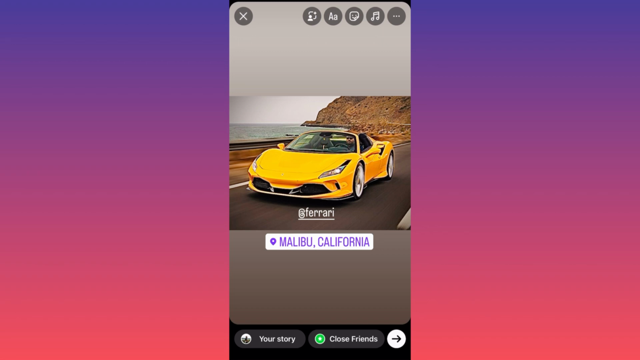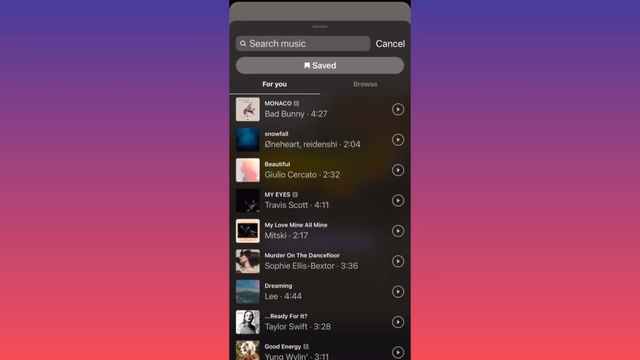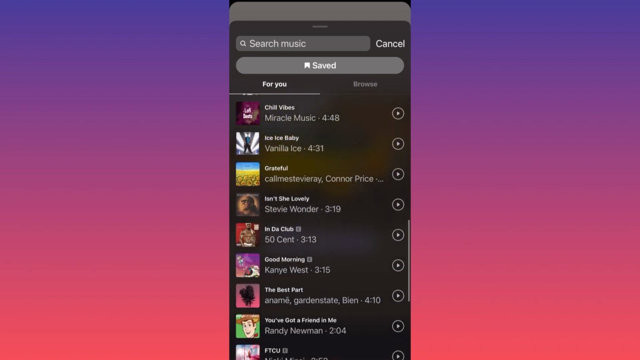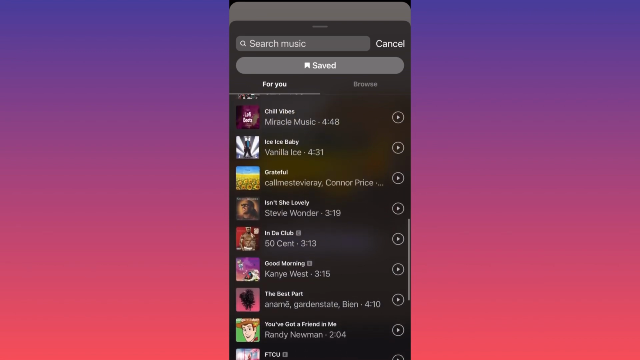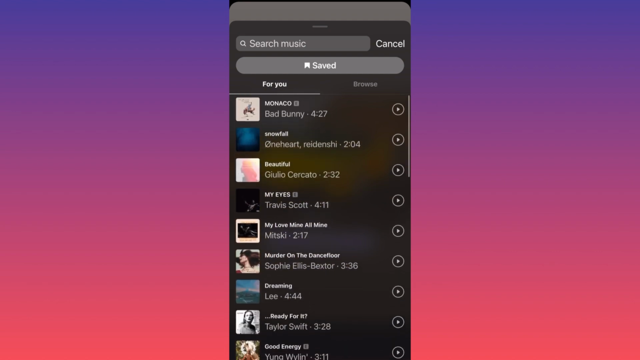And guys, this is where the magic happens. Do you see the small note icon over here on the upper right? You want to click on the small note icon, and this is where the music comes. So the first will be For You. This is everything that is currently used in the viral songs, and this is where you can look through what